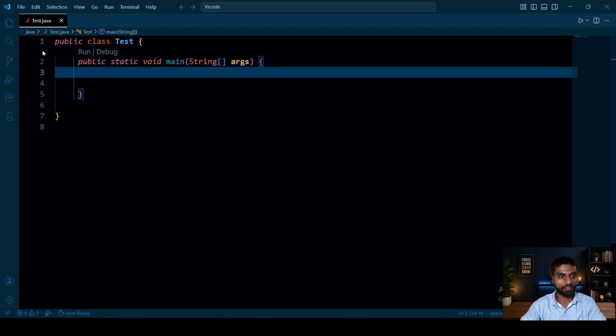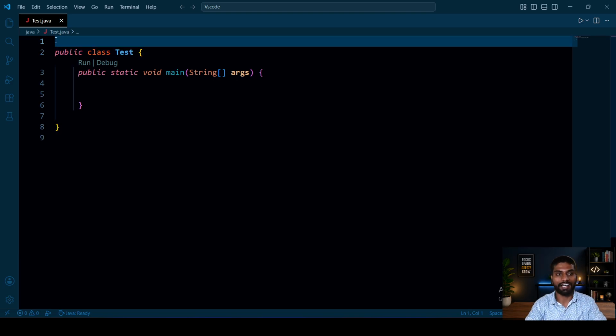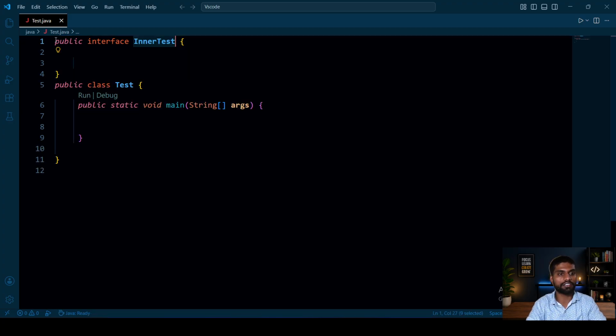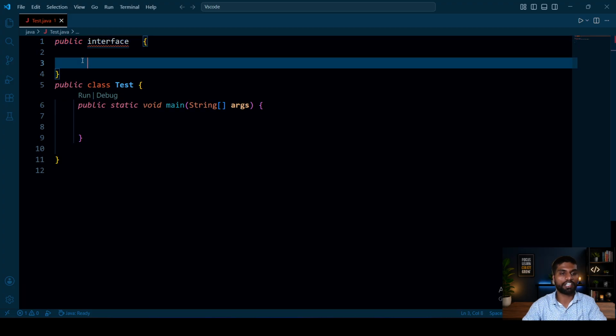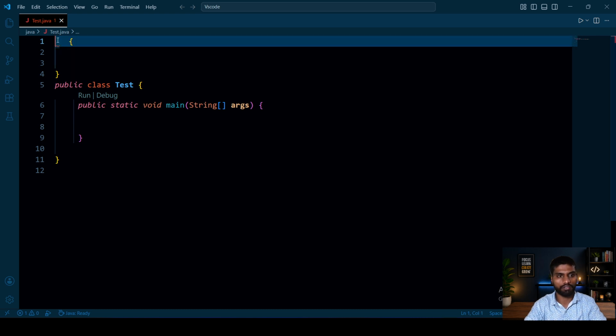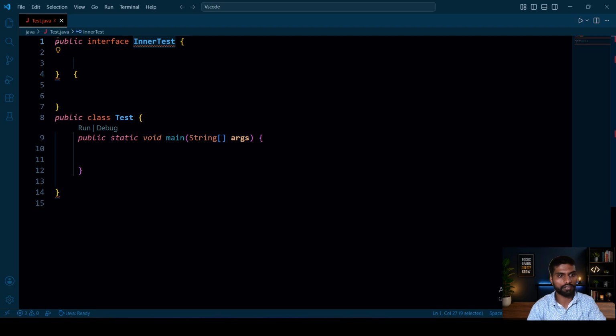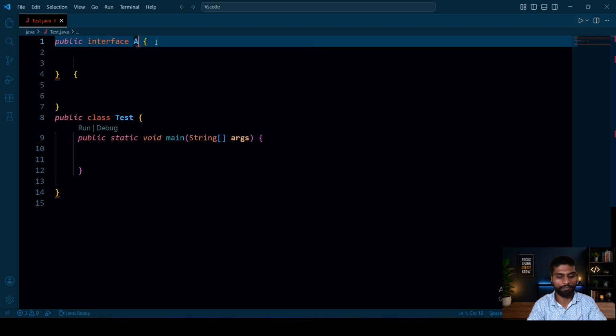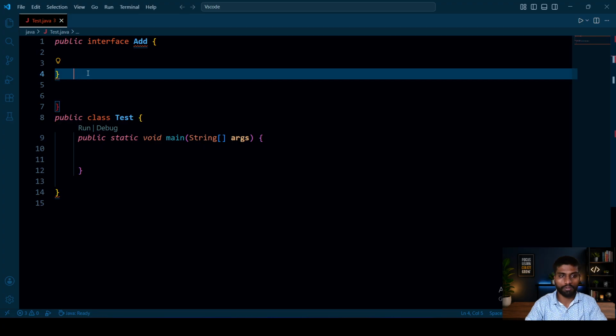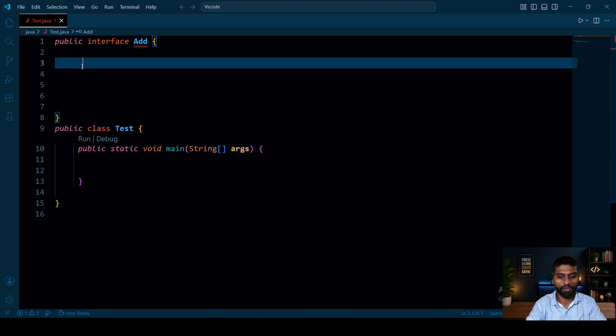Suppose I discuss one example, an interface, and I will give the name Add. I want to print the sum of two numbers. How to print? Just write one method here.